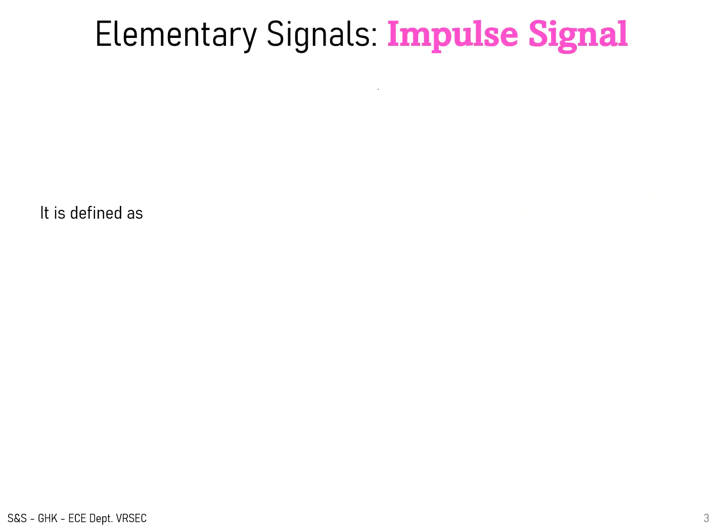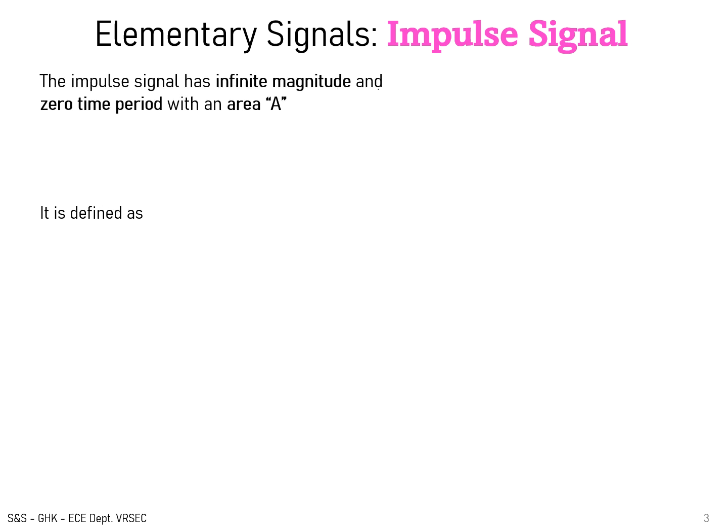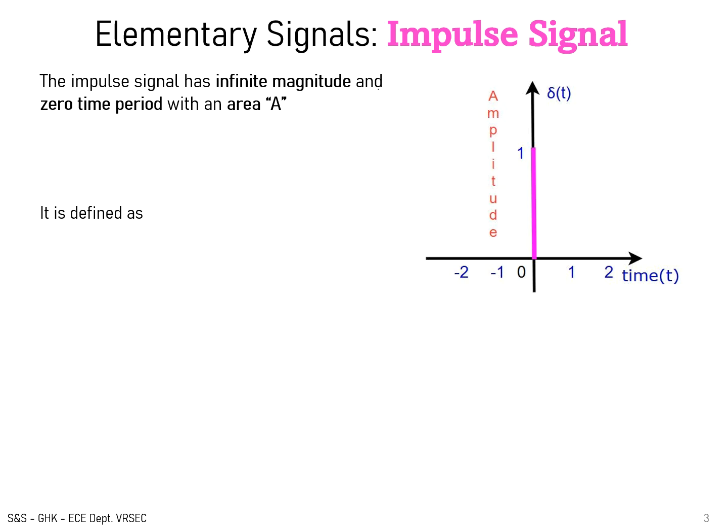Next, impulse signal. Here the impulse signal has an infinite magnitude at a 0 time period with an area A. Here this figure represents an impulse signal, which is denoted by delta of t. Therefore,